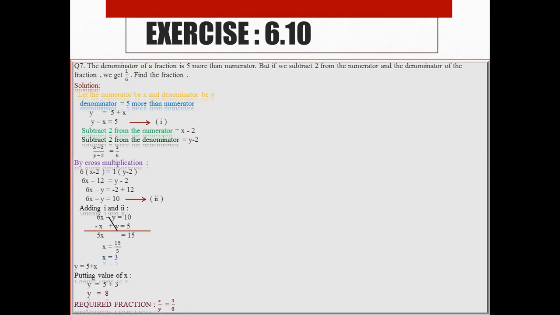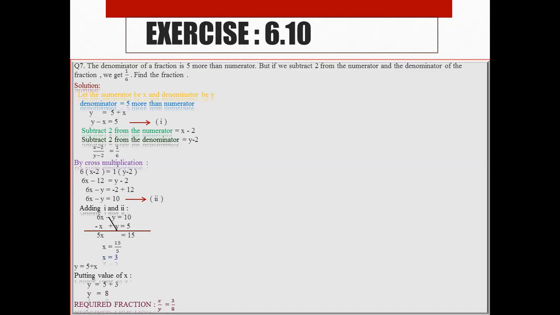For this purpose, we write 6x minus y is equal to 10. Under this, we write minus x plus y is equal to 5. Because when you are solving the equations, always remember that y will be under y and 6x will be under the x. You cannot write x and y in the combination and simplify it. You will write x under the x and y under y. So that's why I arrange here the term y minus x. Instead of this, I write minus x plus y.